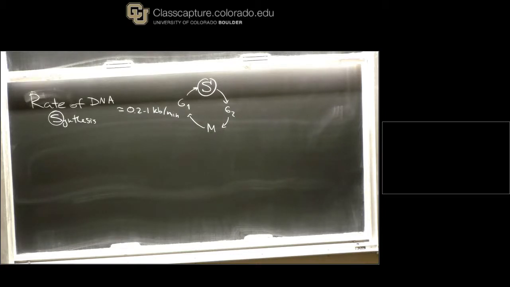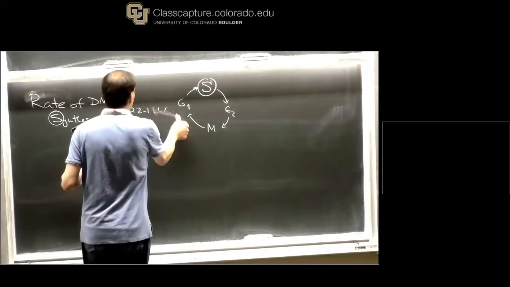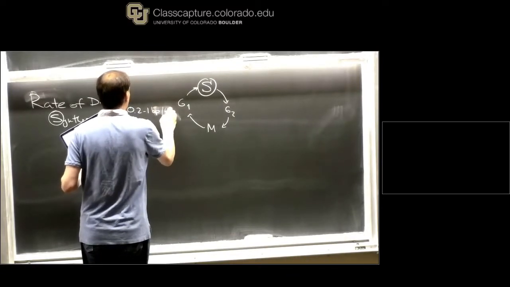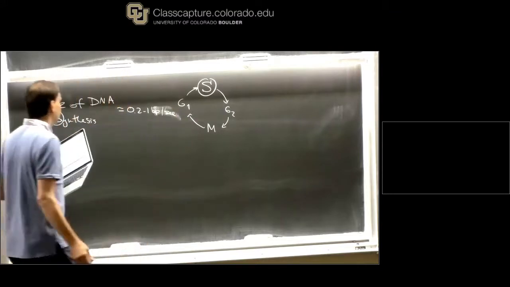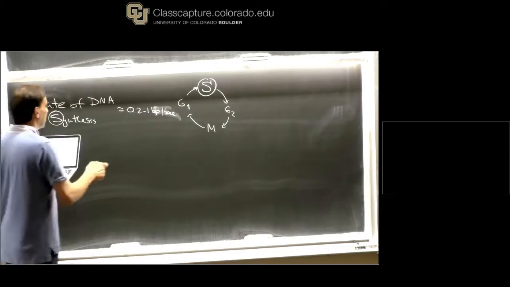Just check the number. Okay, correction. It's base pairs per second. So it's slightly, 1,000, okay, so